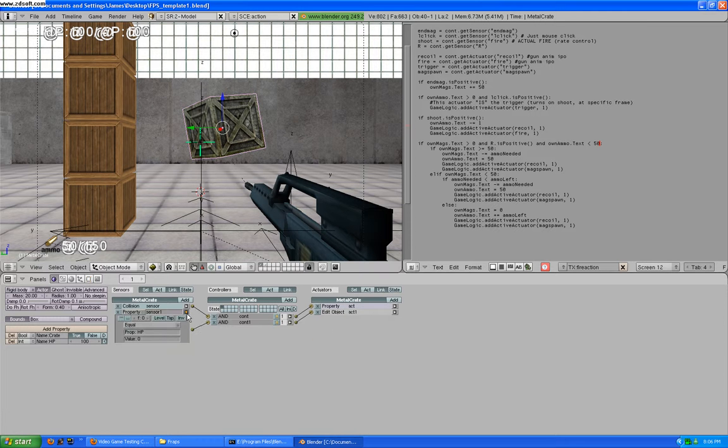Then you want to make sure that you've got this sensor. This is going to stay the same for anyone who's already added it. For anyone who hasn't, you want to add property. The property name is HP. Whenever it equals 100 or 0, which is good for if it goes below 0 as well. Whenever it equals 0, add an edit object, end object. This is destroying your enemy, basically. So now when we play it,